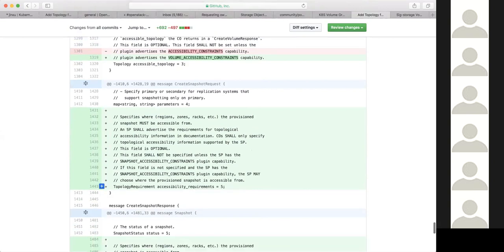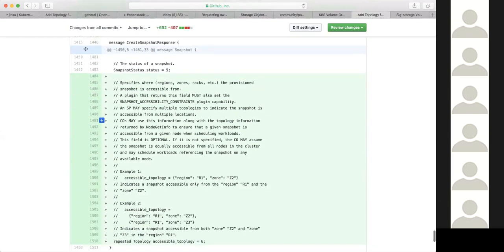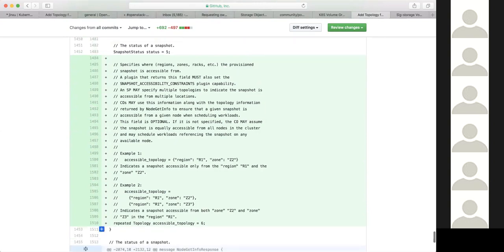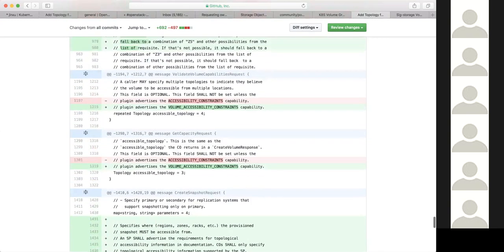In the create snapshot response, we also added a topology here. Basically, that's after the snapshot is provisioned. This field tells us which region and which zone we can access the snapshot from. And then let's go look at the